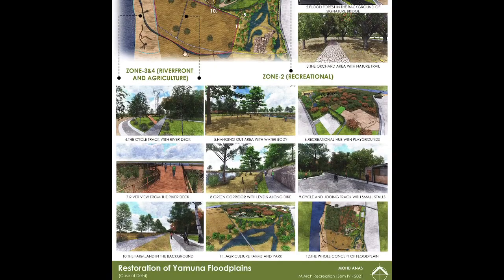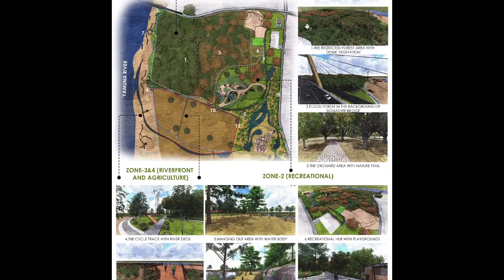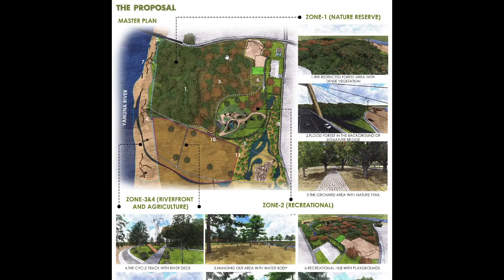And then there is an agriculture area where organic farming can be done, and then this area can be utilized for balua farming, that is, farming for cucumber and other species like watermelon and all. So this is the whole concept of the area. This can be developed ecologically, which will help in the ecological restoration of the project.